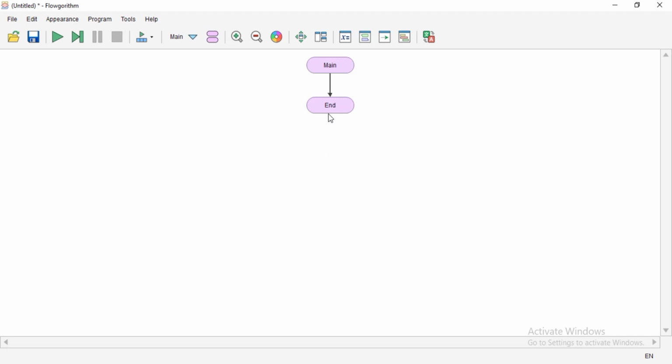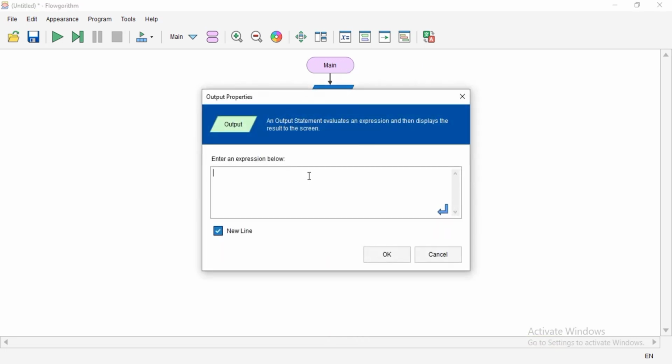The kind of quadratic equation root. The first step is output. Type the kind of quadratic equation root.